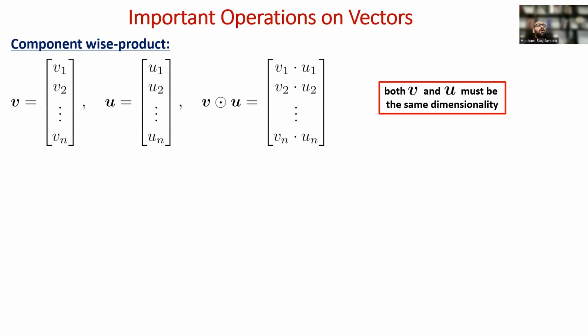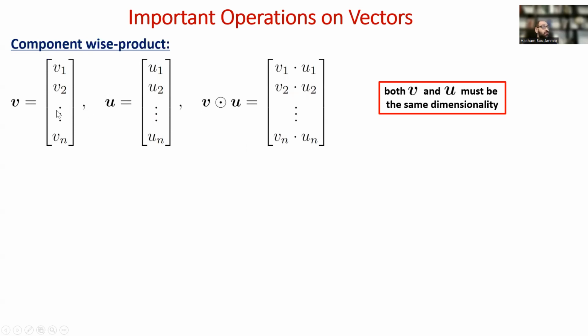we call the component-wise product of the two vectors. So remember, this is not an inner product, this is a component-wise product. Typically, we signify that by this circle with a dot in between. When we write this circle and the dot in between, what we are actually meaning is that we have a vector u and a vector v, and then what we mean by this notation is a component-wise product between the